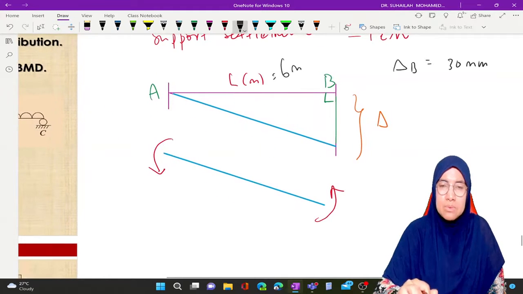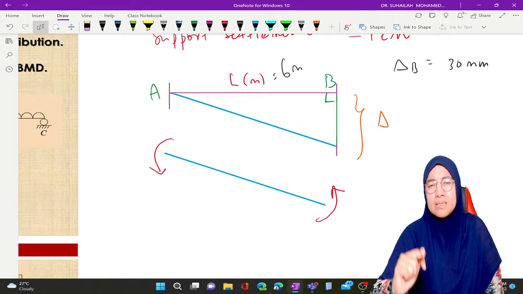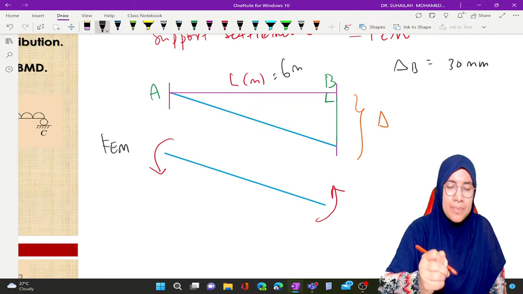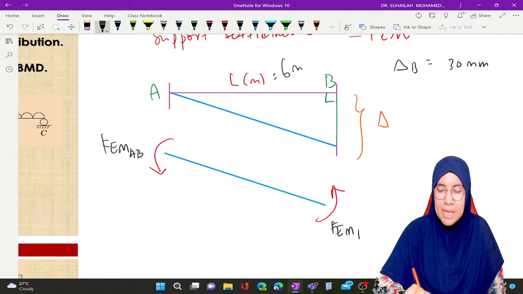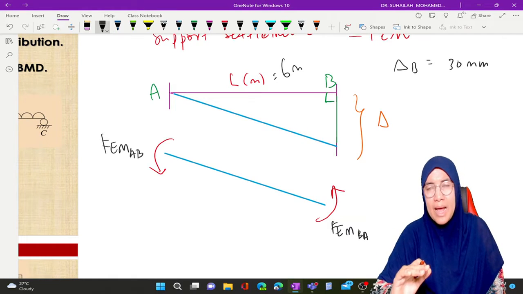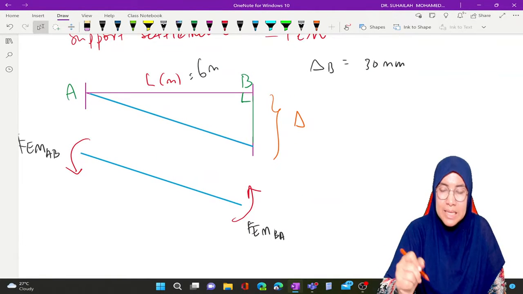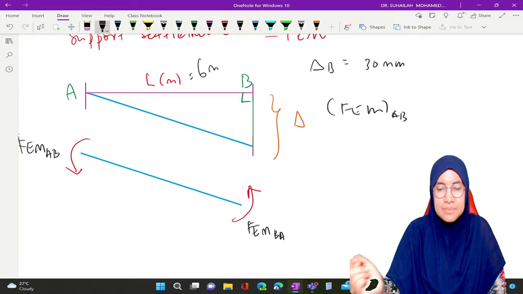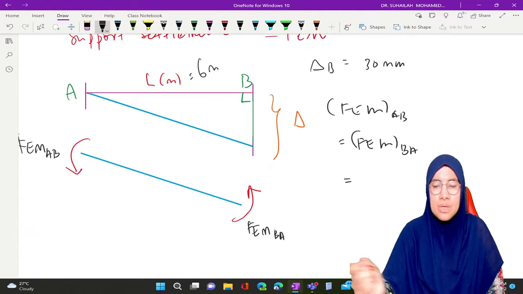We get two FEMs, FEM AB and FEM BA, and both have the same sign. So FEM AB equals FEM BA equals, we put negative